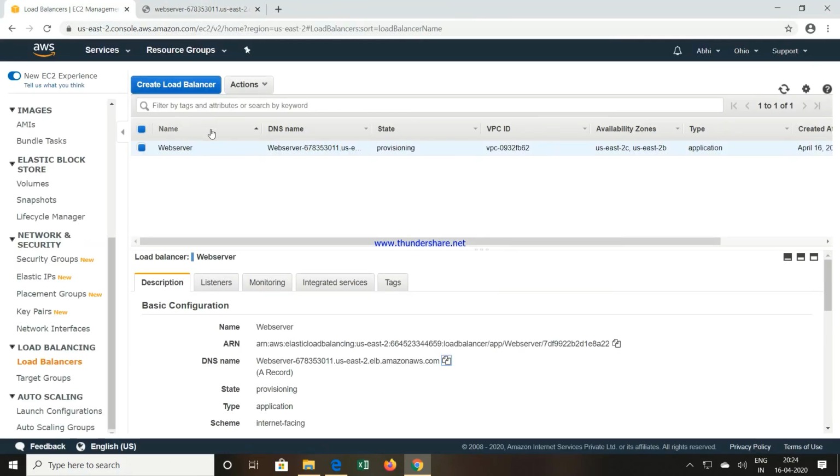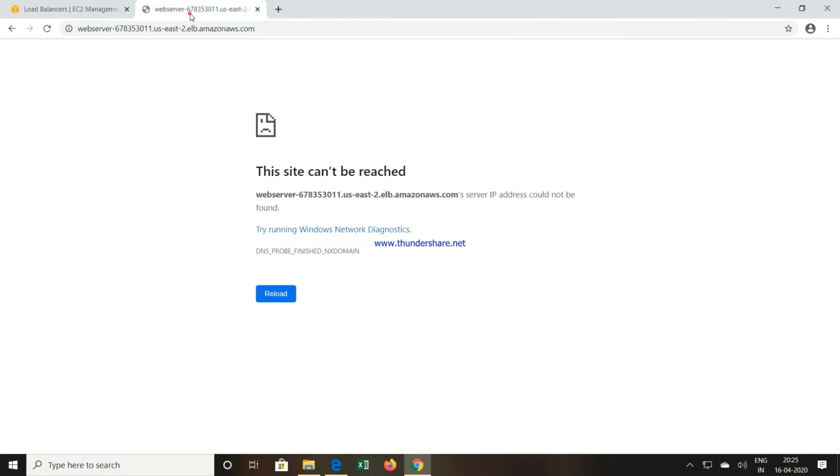Also remember that whenever you are creating instances, the instances we have created, Windows Server operating system, in that, the rule for accessing the web server, that is HTTP, and port number 80 should be added, because by default it is not there, only RDP is there. So whenever you are creating an instance, you have to add the rule allowing the HTTP protocol and port number 80 for that particular instance. Otherwise you will get some errors.